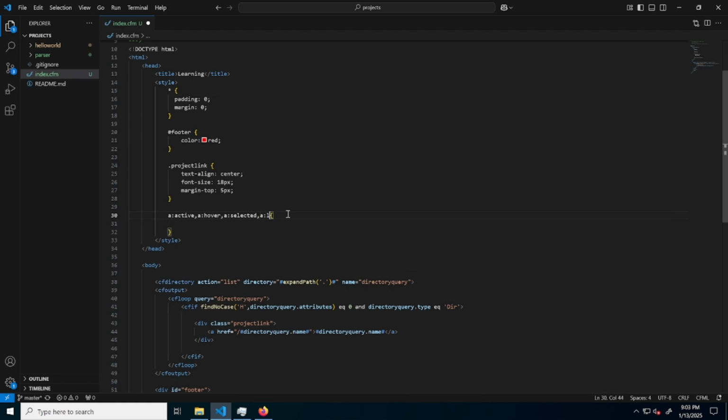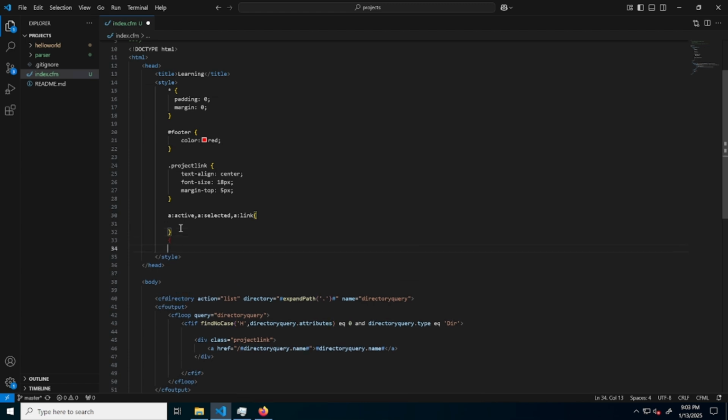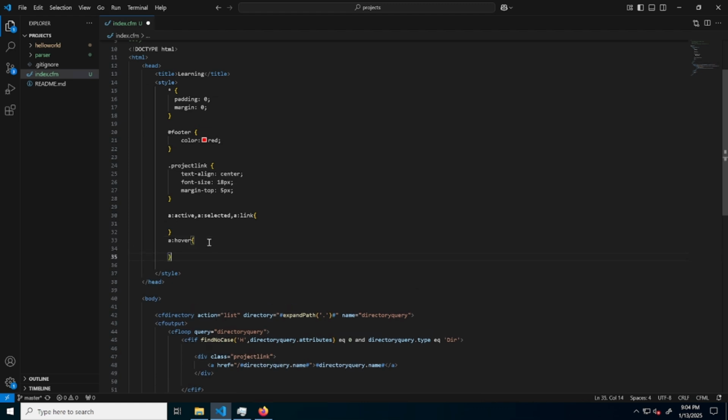So this last one is link, and what's the purpose of doing this? Well, you can style these individually. Say if you hover over a link, and you want the color to turn red when you do that, you can do that with these different styles. So we'll add that as an example so we can check it out. So if we hover over it, we want the color to turn to red,